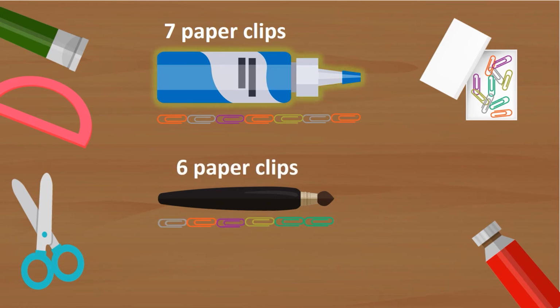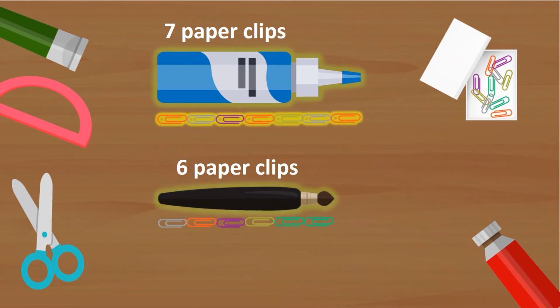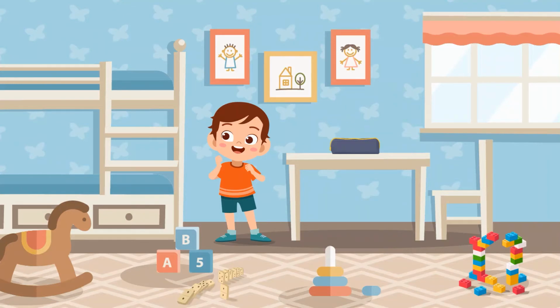So the paint tube is longer than the paintbrush, as the length of the paint tube is 7 paper clips, while the length of the paintbrush is 6 paper clips. Then she said, we can use different things to measure length as long as they have the same length, size, and shape. When Adam went back home, he decided to apply what he learned and to measure the length of